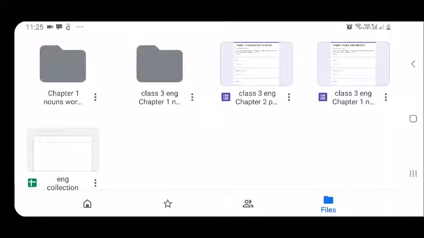Now you can see my Google Drive. There are two forms and one Excel sheet and two folders. The Excel sheet has the details about the work submission by students, and the two folders are used for storing all the attachments given by the students. So let us start. Let me open my Google Sheet.